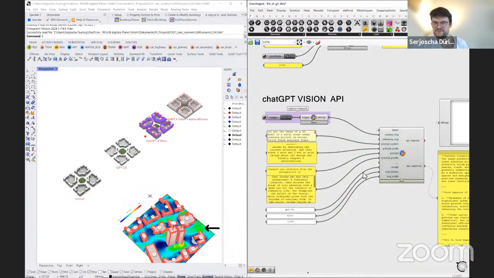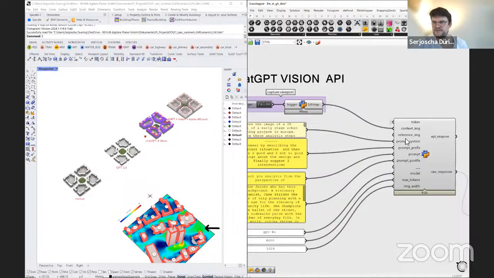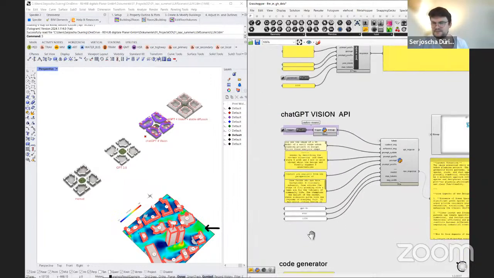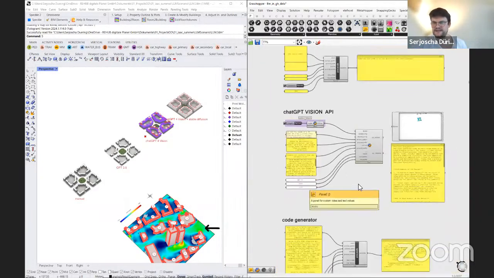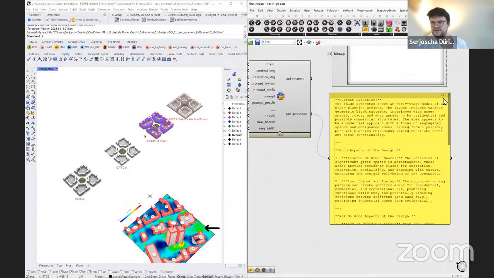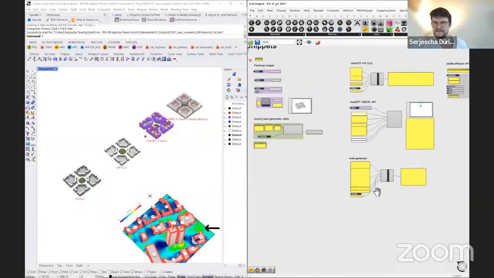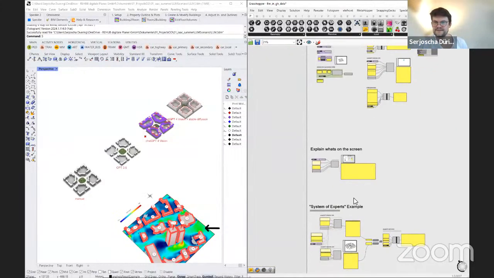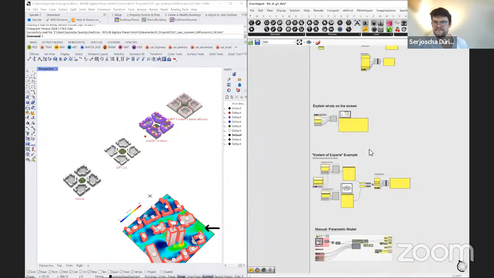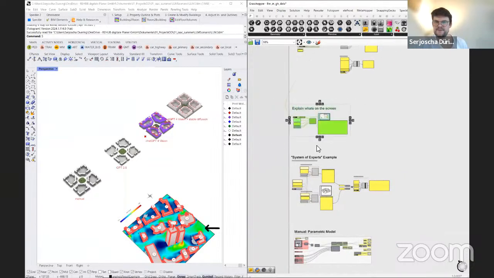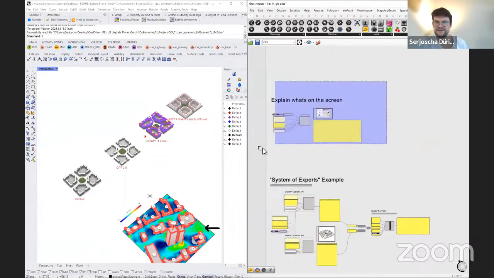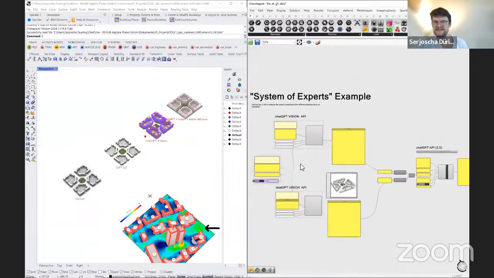And here the same for an image-based model, so you can have multiple images as input, and then you can assemble a prompt, choose your model, and so forth. And you would get your output. These are essentially the example snippets I already mentioned, explaining what's on the screen, system of experts.